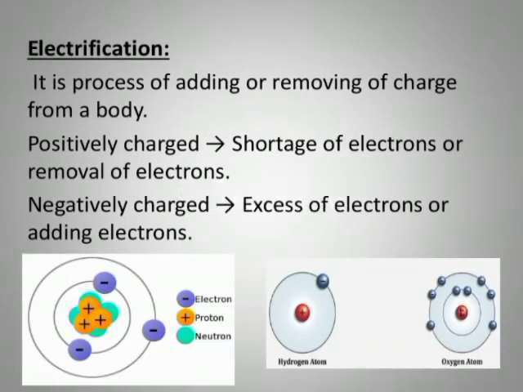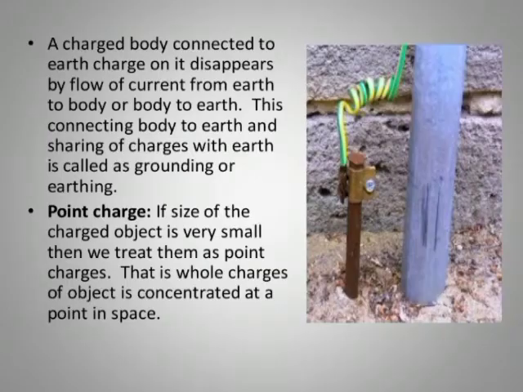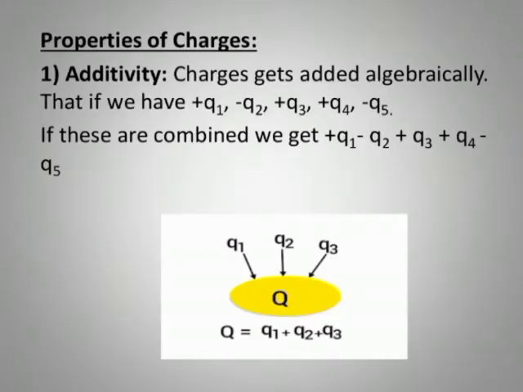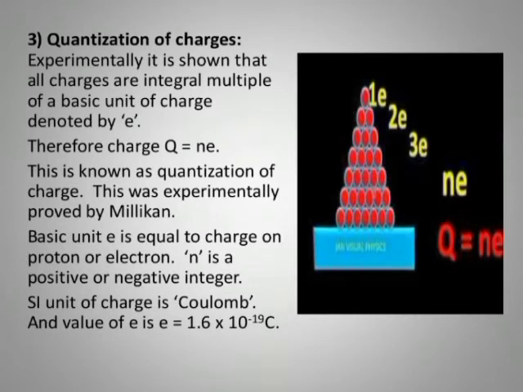what is the process of electrification, what is the meaning of it, definition, and with the example also we studied what is electrification. And we already know from our lower classes what are conductors and insulators. We studied about grounding or earthing, and we also studied about the properties of charges, which is very important from the exam point of view. And we have got three properties of charges, that is additive, conservative, and quantization of